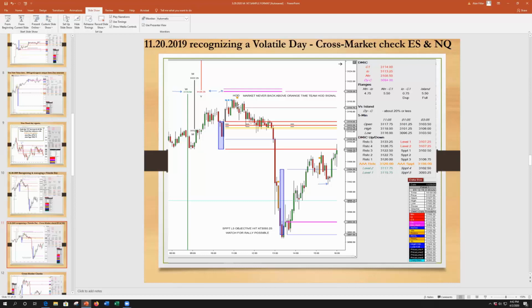Again, we get an orange time team HOD signal preparing us to move downwards. The orange time team HOD signal was the high of the daily matrix combination day. The market, again, never moved above the HOD signal. The market broke below the M black DMIC of the week line, below the prior day low, to further fall